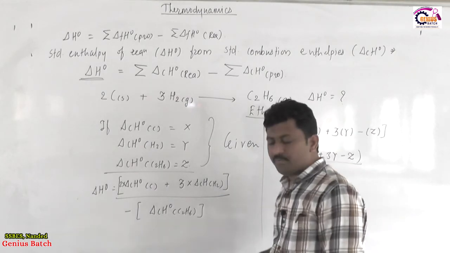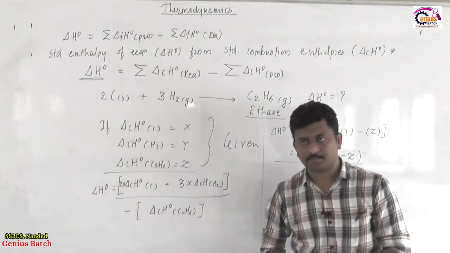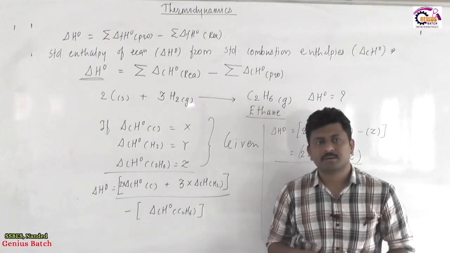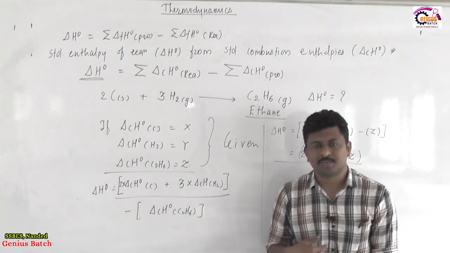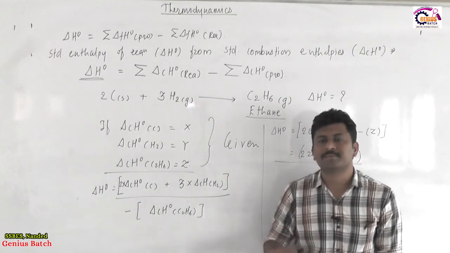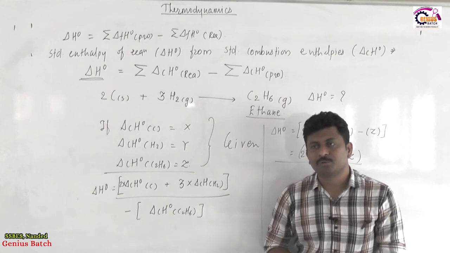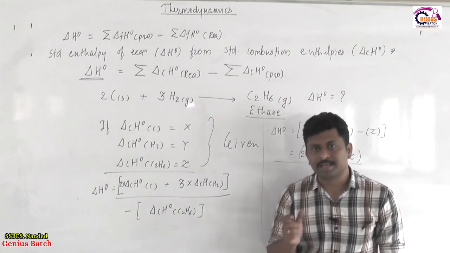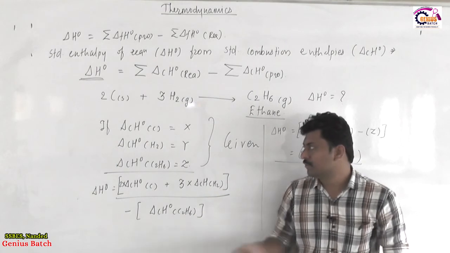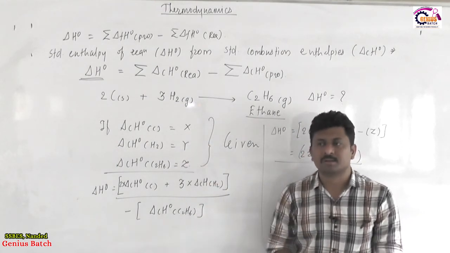Alternative to this, we have another way also in which the equations will be given. For a given equation, enthalpy change is to be calculated from following equations. So we will be provided with some equations, and from those equations we need to find out enthalpy for a net equation. And how to solve that, we will again see in the form of x, y, z values, means in the form of general values.